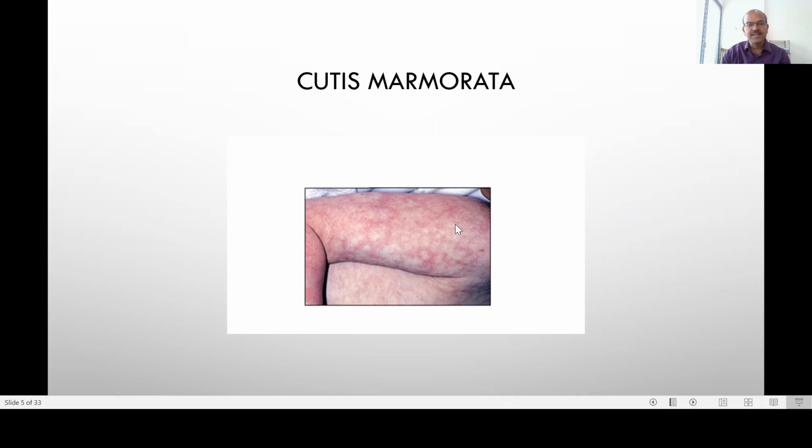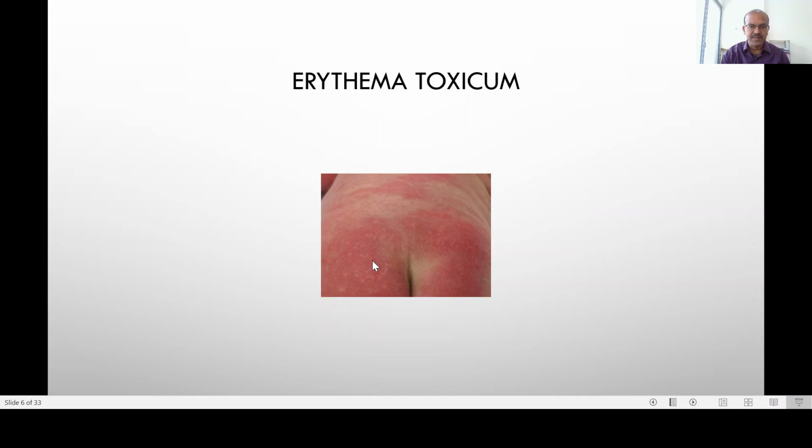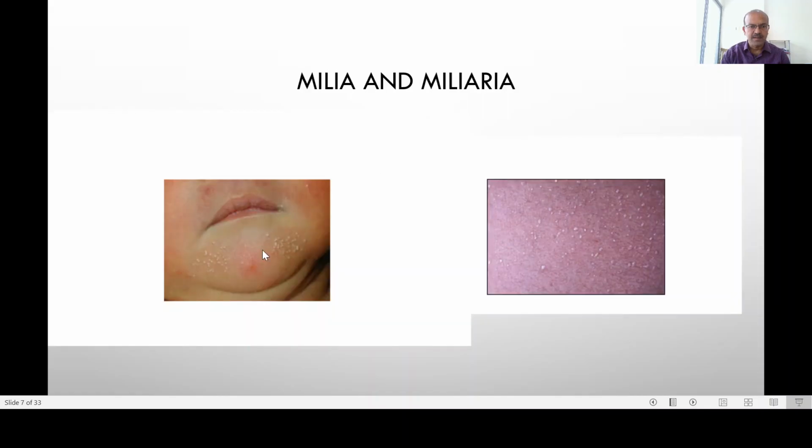So the skin is the first organ we look at, and parents are often anxious about cutaneous findings. I refer you to my video on skin rash in newborns, and this will just be a quick overview. So we get findings like mottling on the skin, which is called cutis marmorata, erythema toxicum, erythematous blotchy rash with papules in the middle, which is very common, benign. Milia, which is white, small papules and vesicles, and which are benign, usually happen on the chin, nose, and so on. It usually stays for 3 weeks or so.